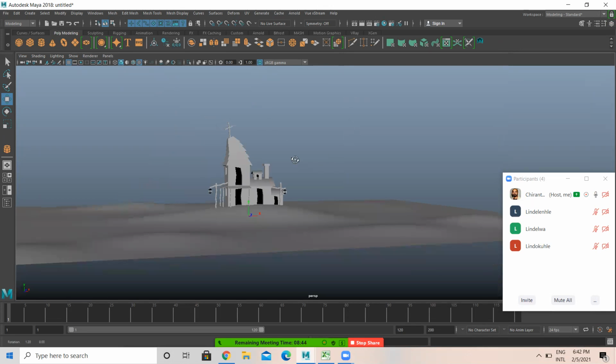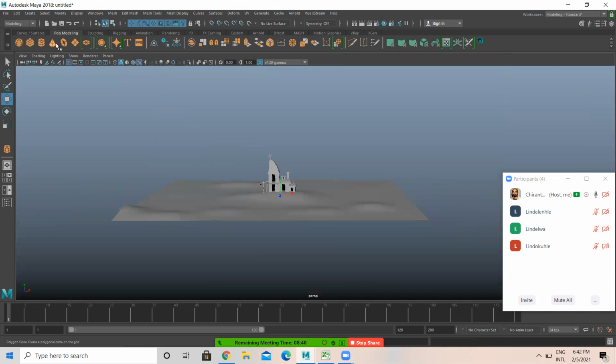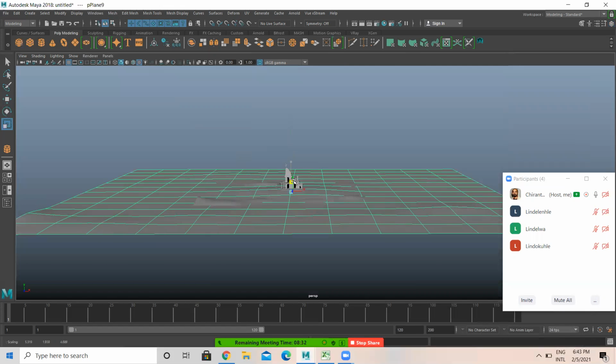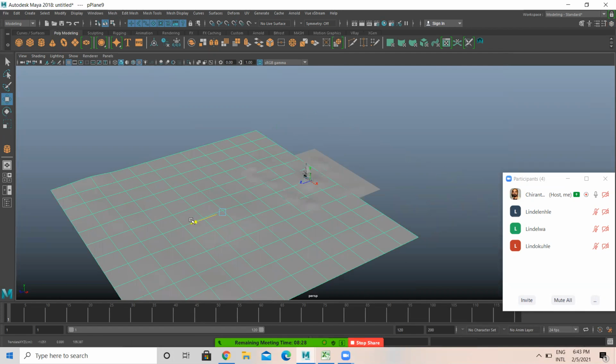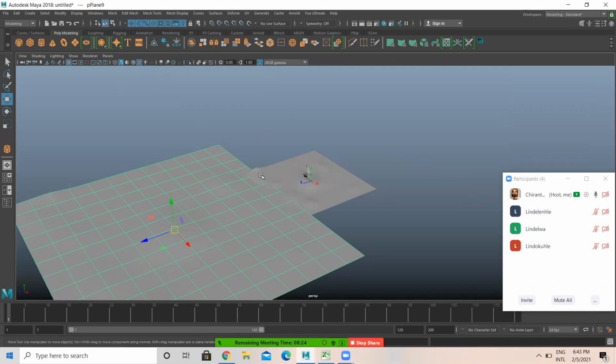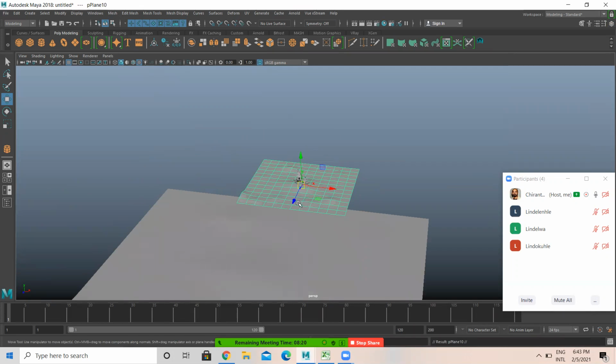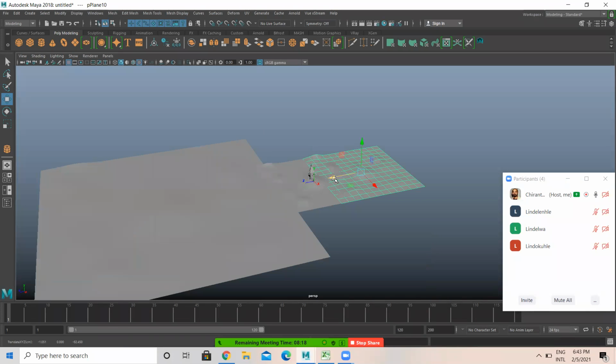So what I'll do after this is I would like to add one more plane, or I need to create an ocean. Over here, I would like to create an ocean. And I'm gonna duplicate this backside. I'm gonna lift this like this.